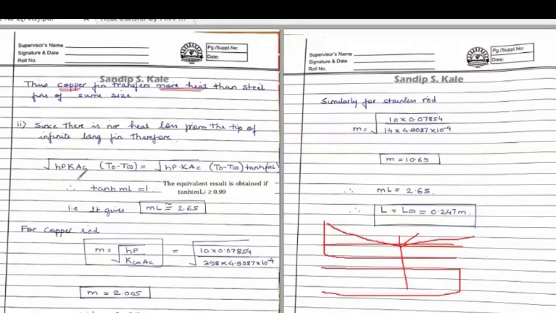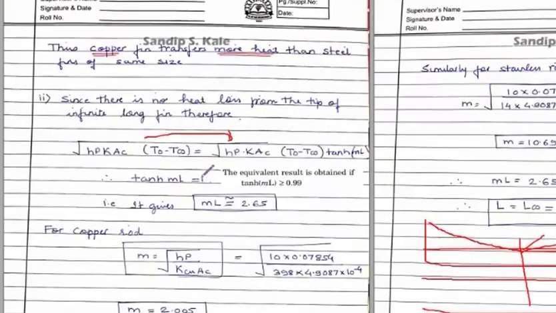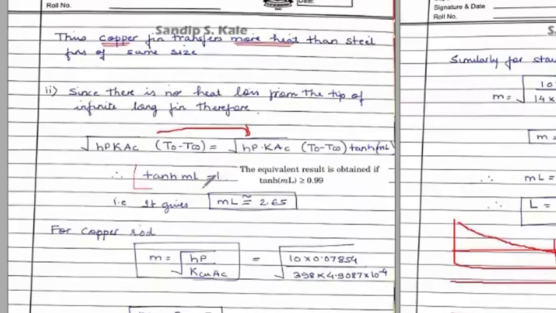If I bring this to the left hand side, in the denominator, what do I get? This and this get cancelled. So what I am left with is tanh ml equal to 1. This is very important, you have to pay attention from here. If this part goes to the denominator, I am left with tanh ml equal to 1. But if I do the calculation at 1, what I get is tanh 1, that is equal to